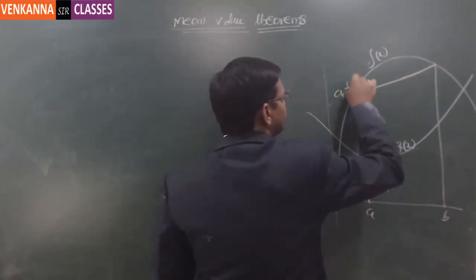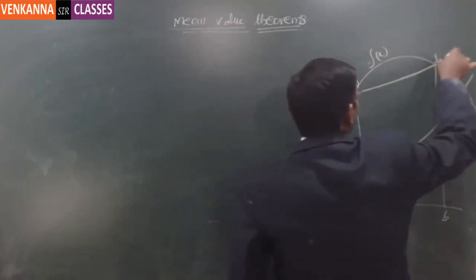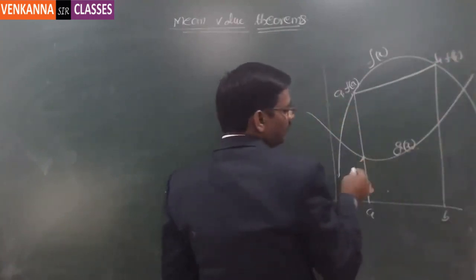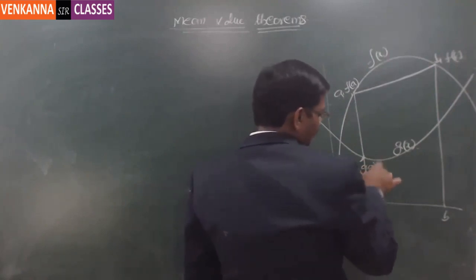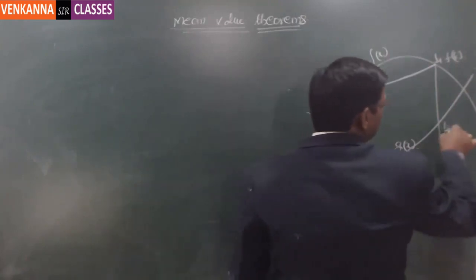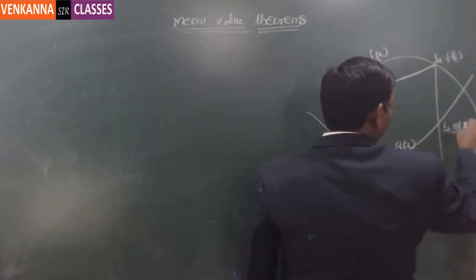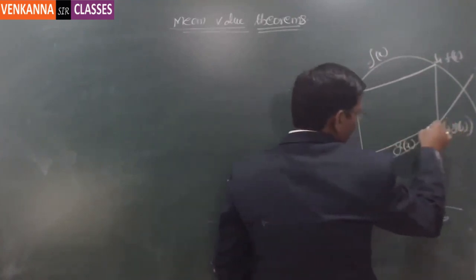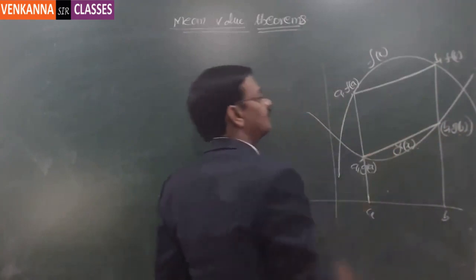A comma f of a is this point, and b comma f of b is this point. Then a comma g of a is this point and b comma g of b is this point. If you draw a straight line between these two, then as per Lagrange's mean value theorem,